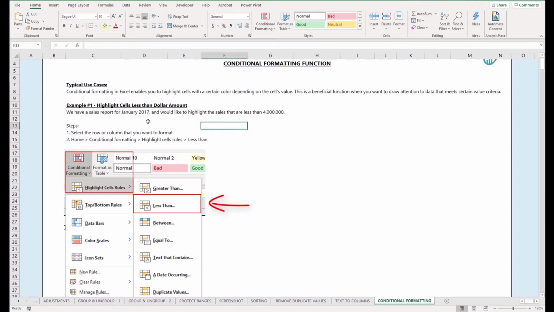So in our example here, we have a sales report for January 2017, and we would like to highlight the sales that are less than $4 million. So the steps that you need to take in order to do that are as follows. First, you would select the row or column that you want to format and apply the conditional formatting to. The second thing that you want to do is click the Home button, which is in the top ribbon here,